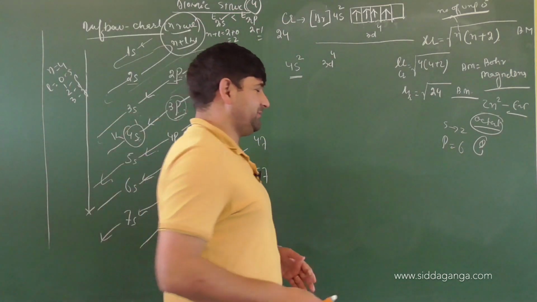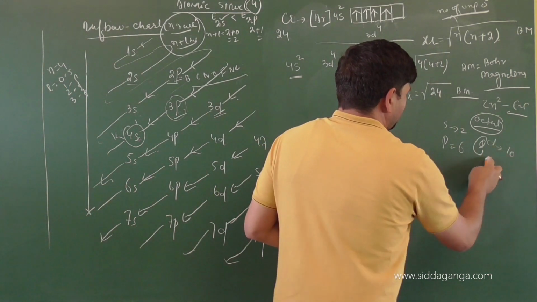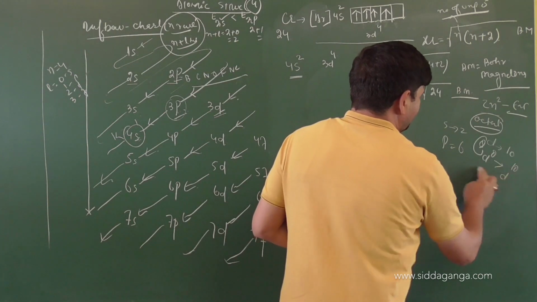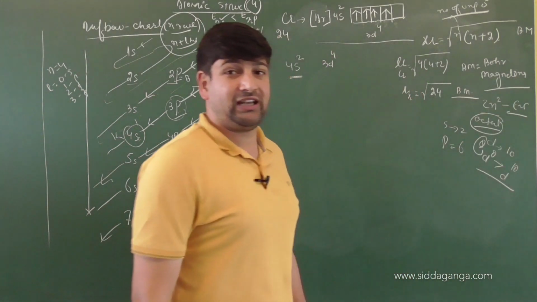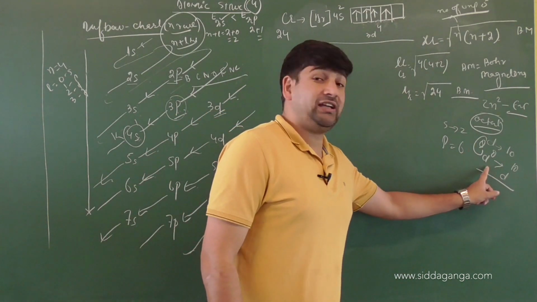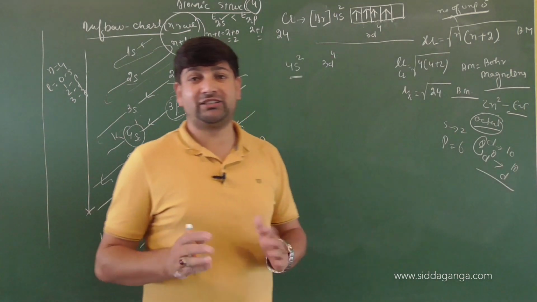Let me give you a case here. d can accommodate a total of how many electrons, children? 10, very good. If I say d8 is there instead of d10, which one of the two will be more stable for you? d8 or d10? Naturally d10, because it's fully filled. Not d8, although octet is there. 8 electrons are there. So octet applicability is for s and p electrons.